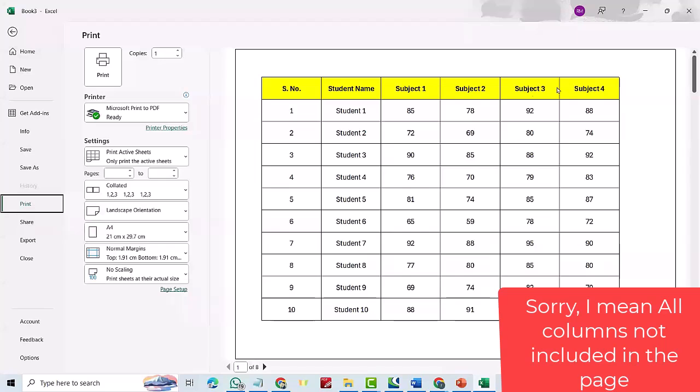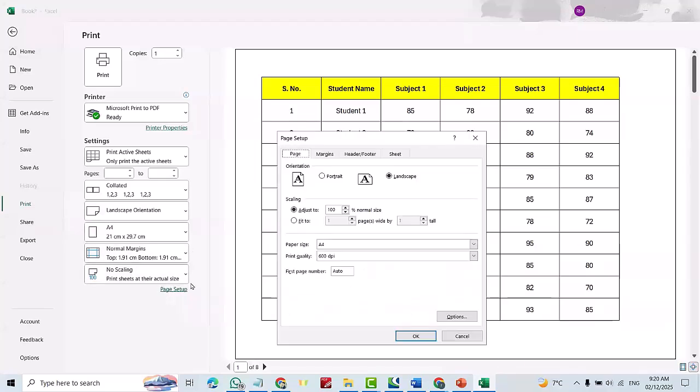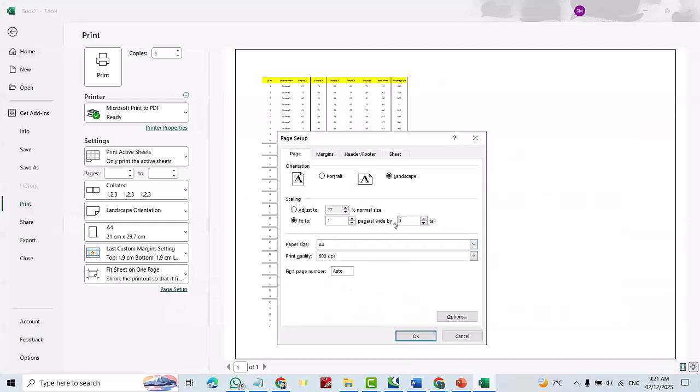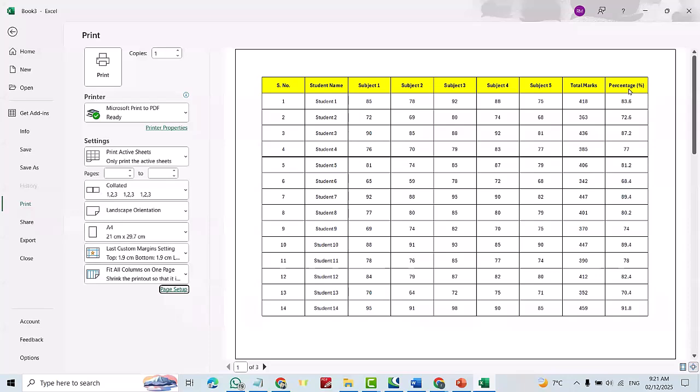To include all the rows, from Page Setup, select Fit to 1 page wide. Let's see. Okay, 1 wide and 1 tall. Let's see what happens. You see how it appears? It's not good. So again, come back here. Just delete this one to be fit with the page. Here you can select the different size, A3, A4, A5. Before I selected A4. Okay. Now the table is fit with our page.